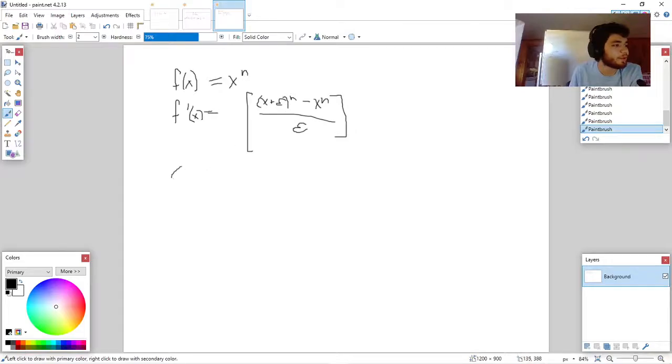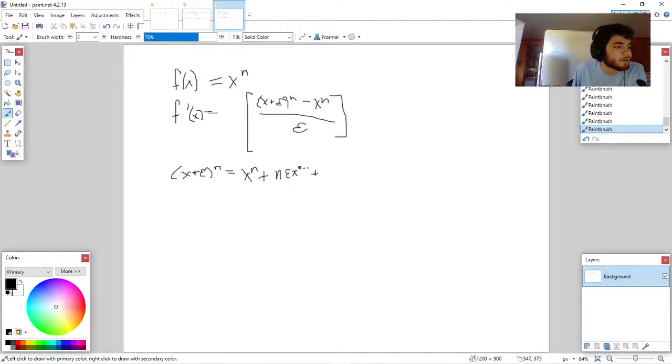Okay, now what is x plus epsilon to the n? Well, the binomial formula is a first order sentence, so it is still true for the hyperreal numbers. And this property, that first order sentences are still true in the hyperreal numbers, is actually called the transfer principle. So it's x to the n, and the next term is going to be n epsilon x to the n minus 1,